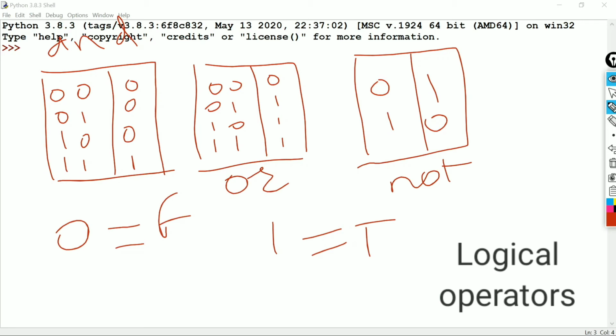In AND operation, if both statements are true, it will return true, otherwise false. In OR operation, if both statements are false, it will return false, otherwise it will return true. In NOT operation, if the statement is false, it will be true, and if it is true, it will be false.